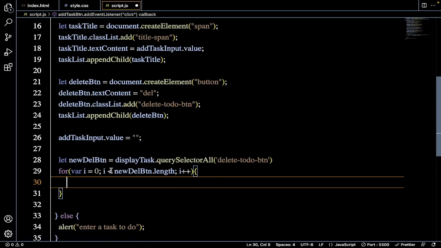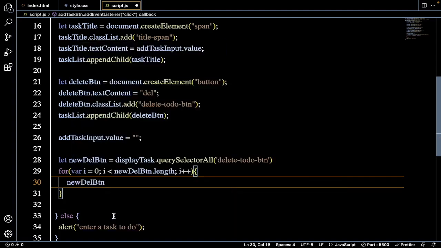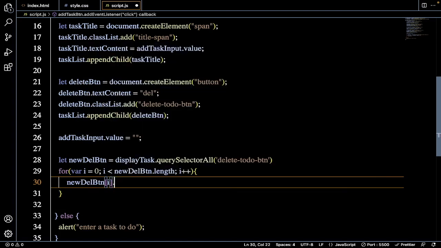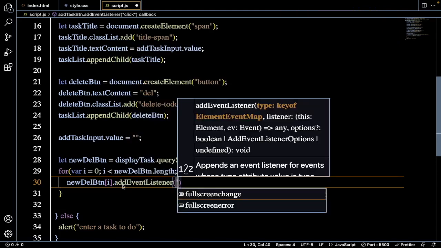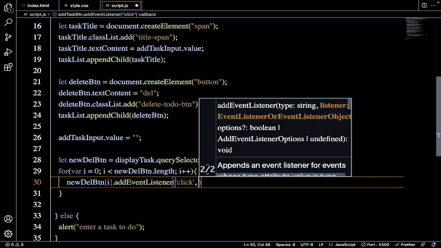So we have to set an event listener on all the buttons at every iteration. So we say new delete btn at index of i. Then we add an event listener, dot add event listener, and it's a click event. And when we click on it, we'll call a function. We can define an arrow function in here, but I prefer using the traditional function. We'll call a function called